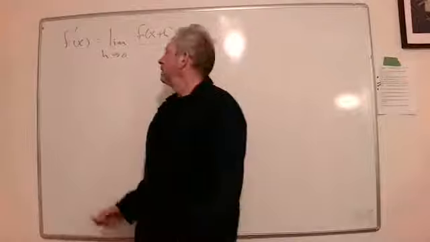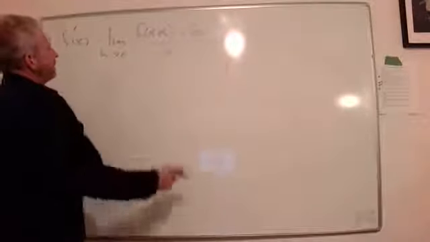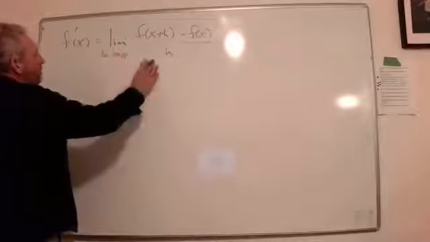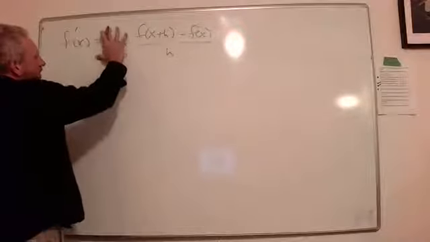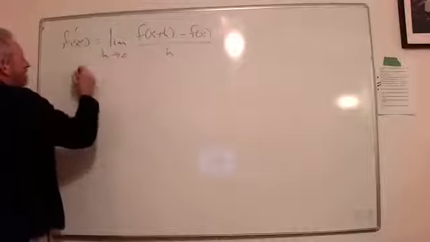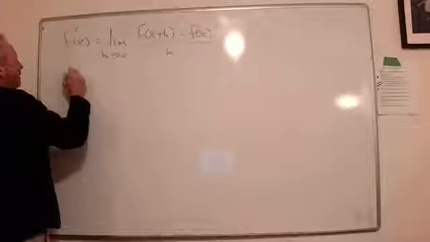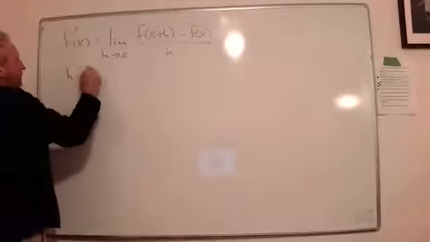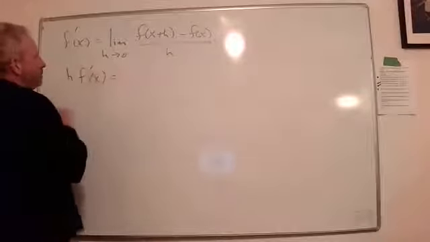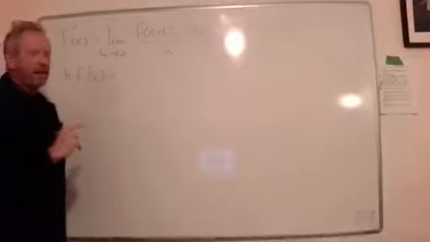There we go. This may seem like a rather strange thing to do, but let's multiply both sides by h. And you might wonder for a second, what do I mean multiply by h? Because I've got this limit here. Well, just let it slide for a minute. We can talk about that. But I'll write it like this: h f prime of x equals,